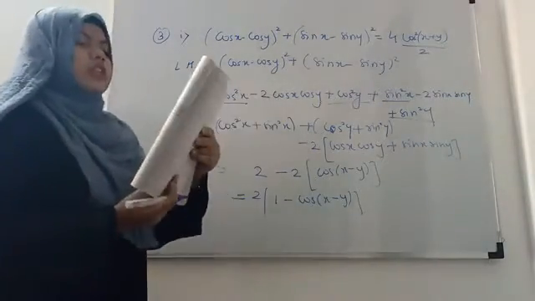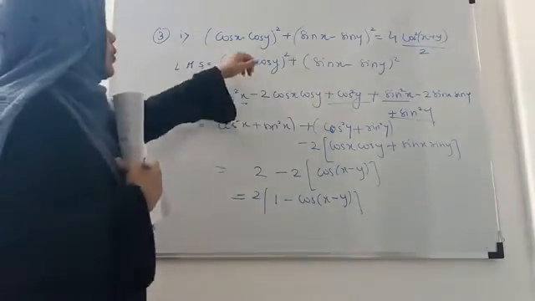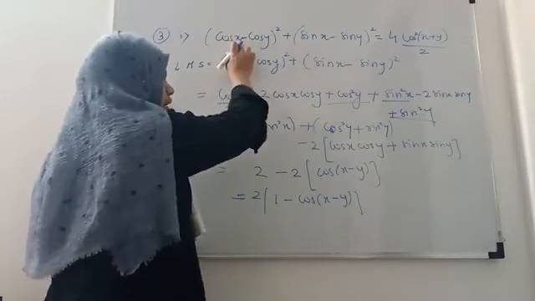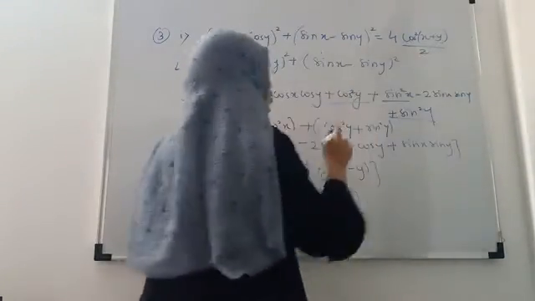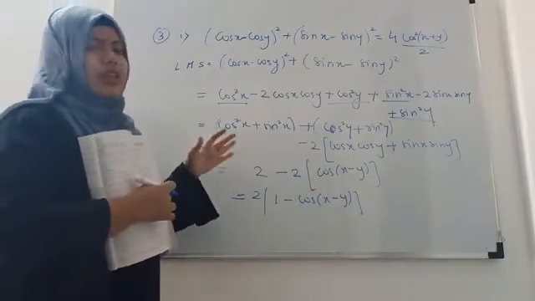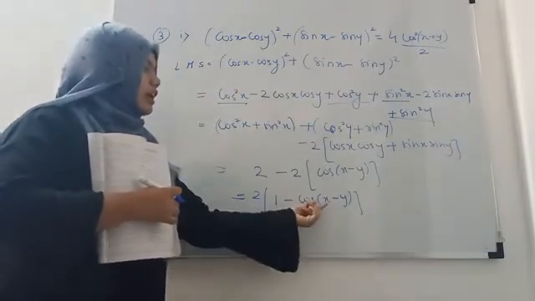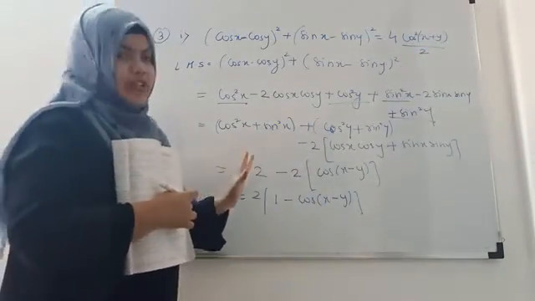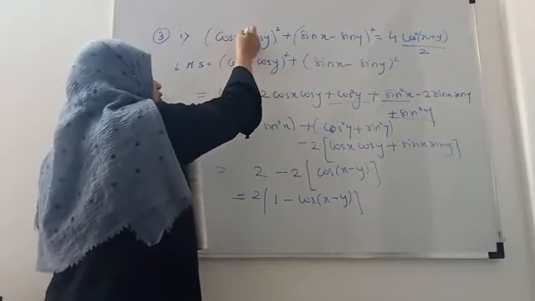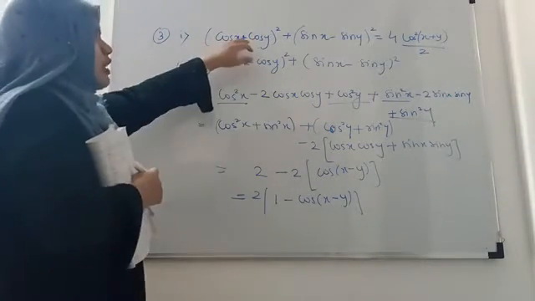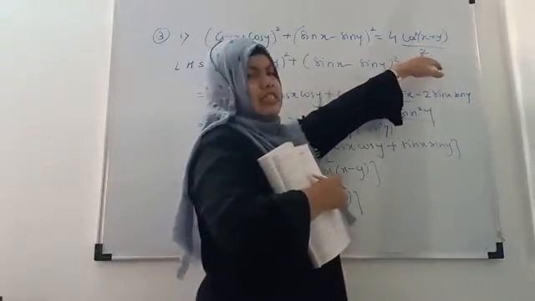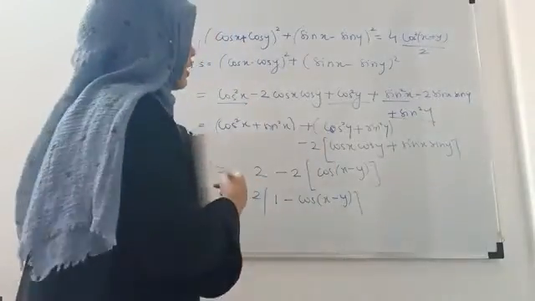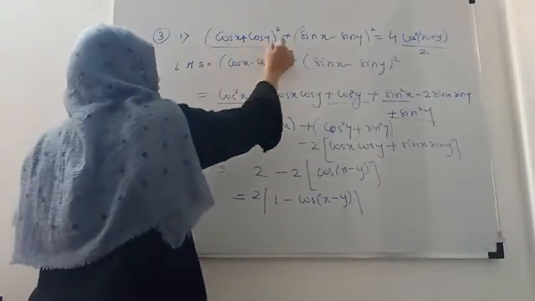See, in this question there is one printing mistake over here. Either it should be plus, or if it is minus, then your answer should be in terms of sin. It should not be in terms of cos, because here we are getting cos x minus y and here we have to solve cos x plus y. So there is a printing mistake. So make the correction over there. It should be a plus. If it is plus, then we will get the answer like this. If it is minus, then the answer should be in terms of cos and the x minus y angle should be there. Okay, so please make the correction in the question.